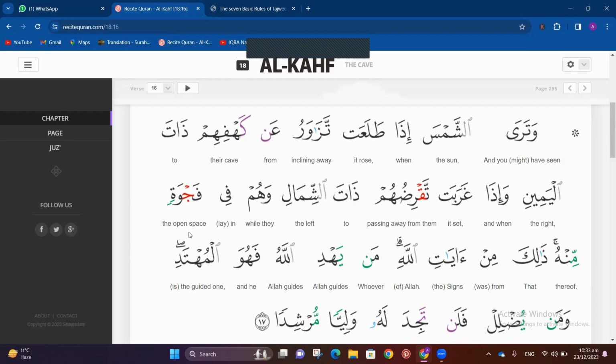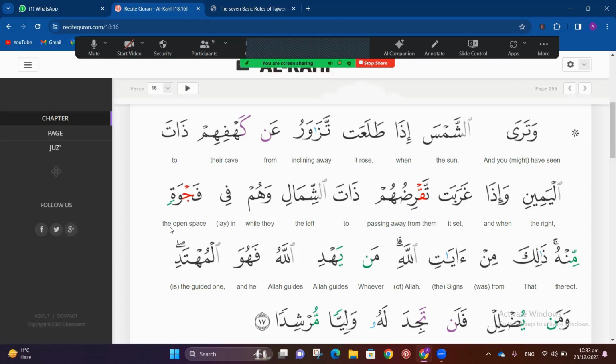Fajwati min. Okay, so there is a rule here of noon sakin or tanween, which says that whenever there is going to come tanween,